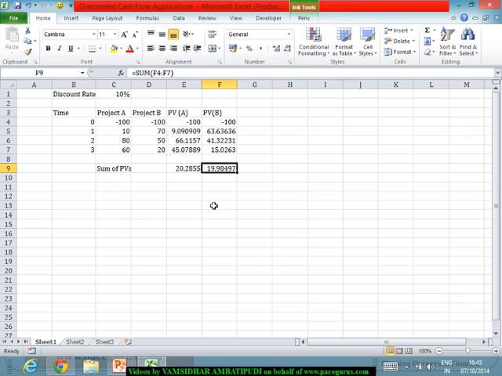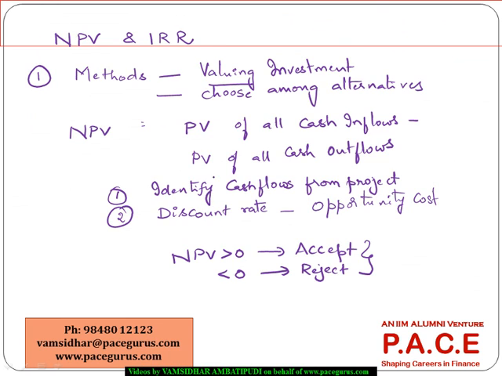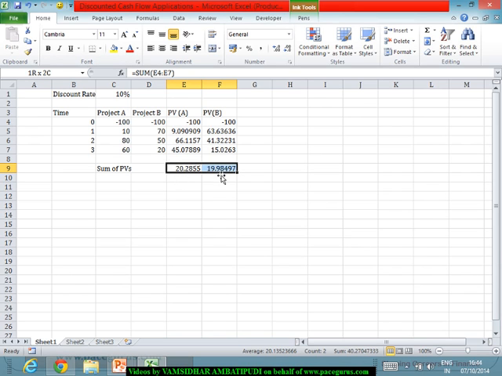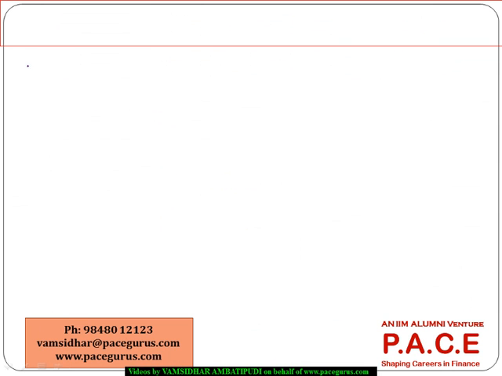But the problem comes when, let's say, both of these projects have a positive NPV. So I can very well accept both the projects. But if I go with both, I require 200 million capital today. But let's say I don't have that much capital with me. I have a restriction of only 100 million. I have a capital budget restriction of only 100 million, which means I have to choose between this and this. Only one project needs to be selected. Those kinds of situations where